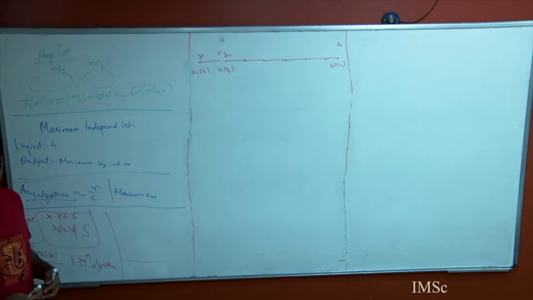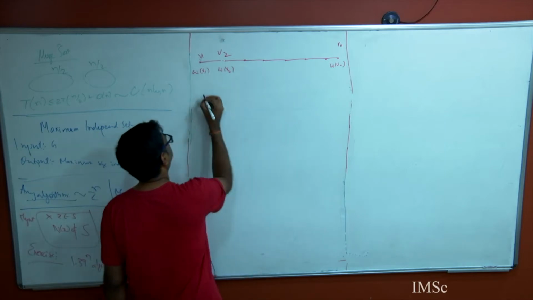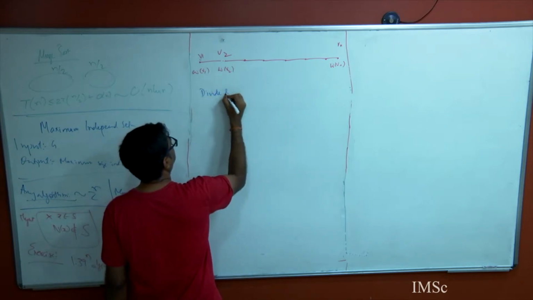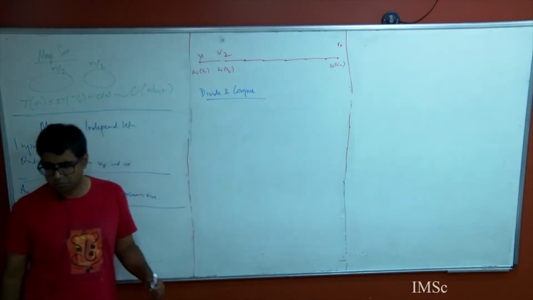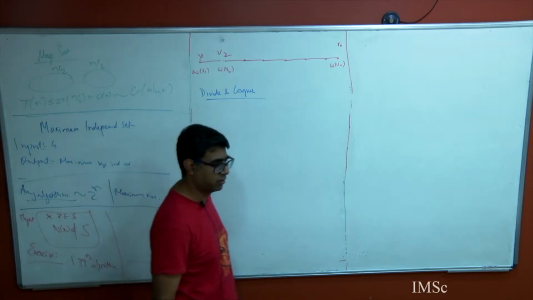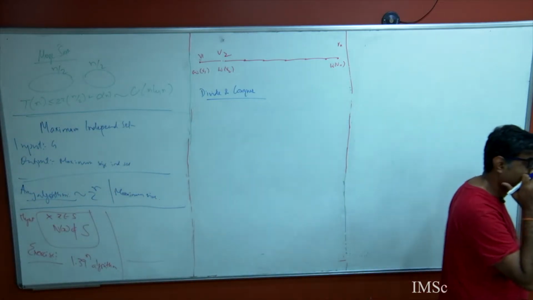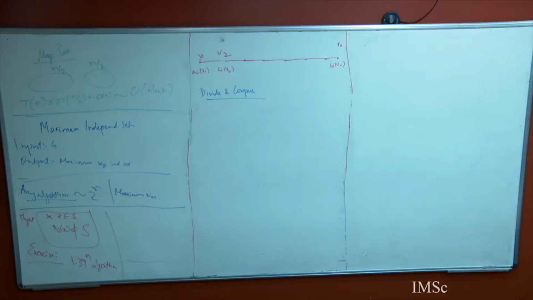Everybody is so keen on doing dynamic programming, and I'm not keen on doing dynamic programming. I want to do divide and conquer. Enough of this. I want a polynomial time algorithm using divide and conquer. I don't want to do dynamic programming. Now what will you do? My wish. I want to do divide and conquer, exactly like merge sort. I want to do merge sort. What should I do?